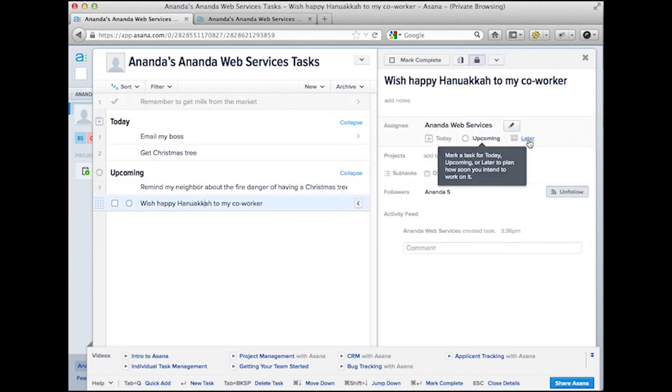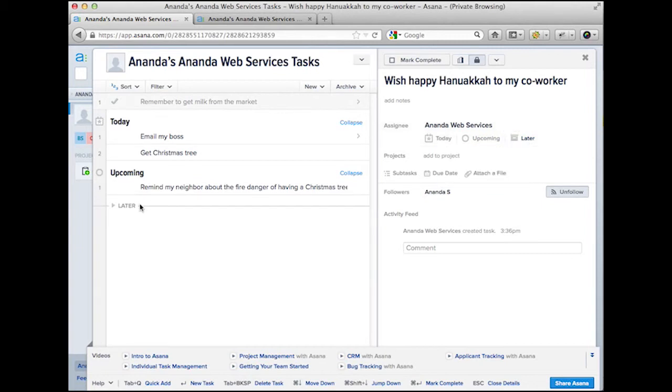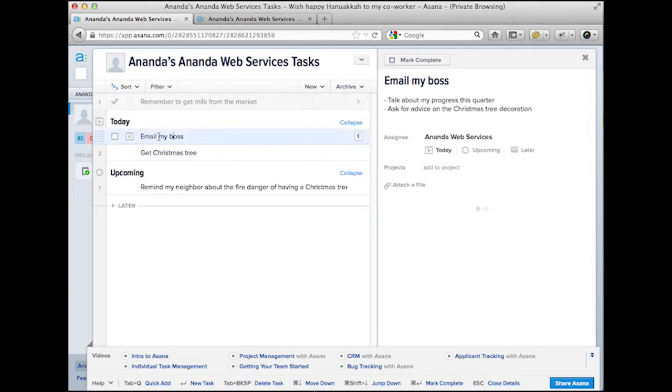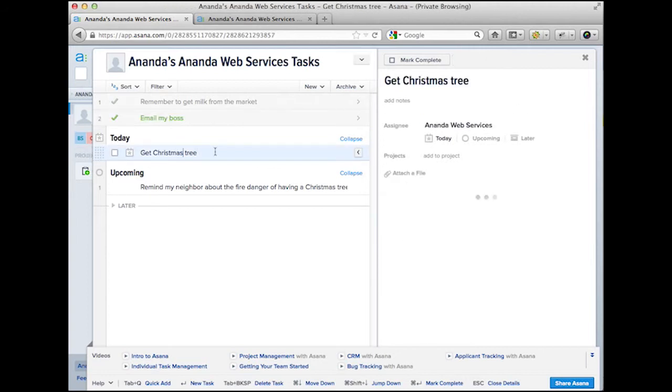I need to learn how to spell that and everything, and my coworker's on vacation anyway, so I'm going to say later. And laters are automatically hidden. If I want to see what's there, I can click later, and it's down here. And I can click this again to collapse that and get rid of it if I want to. So, okay, let's say I've emailed my boss. That's great. And now let's say I want a new task here, like,